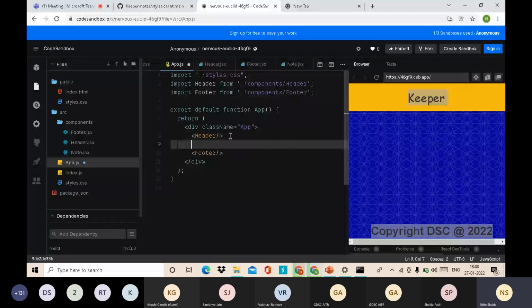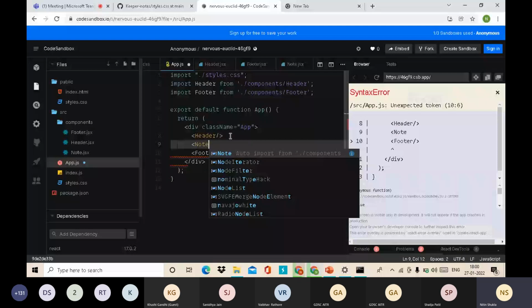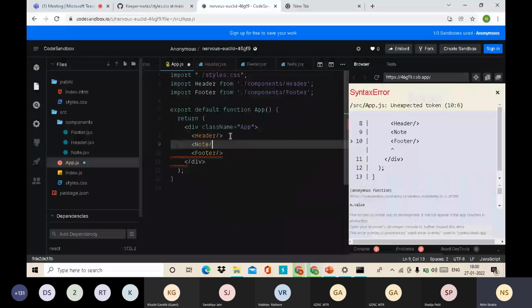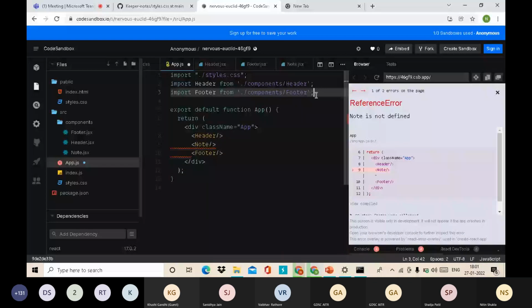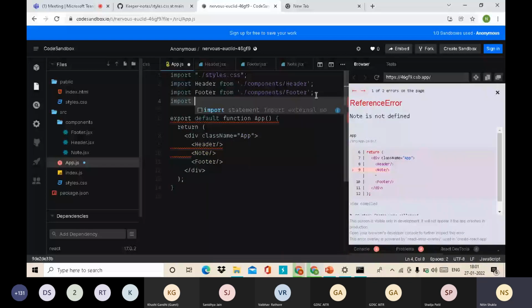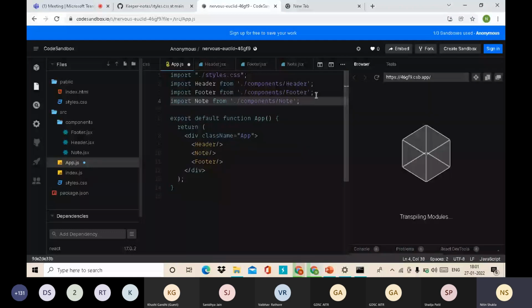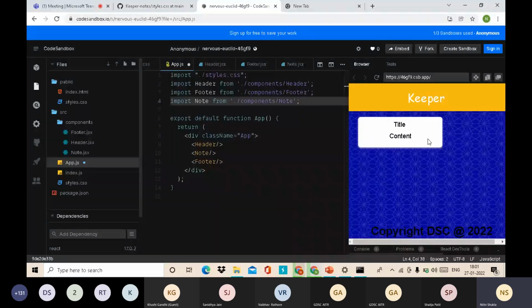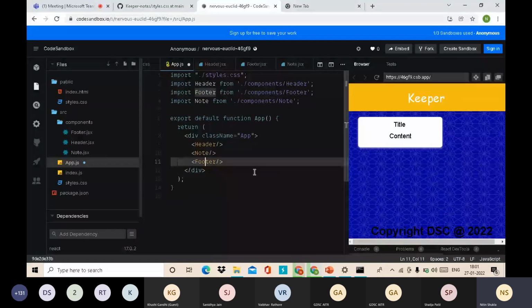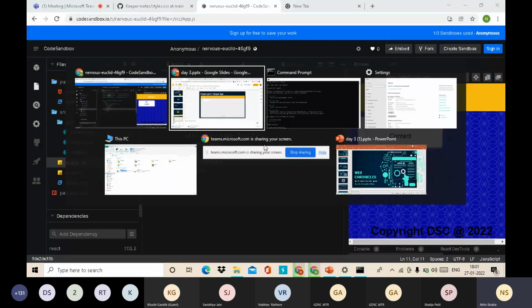Okay, so we need to pass the Note here, and we need to import this also, so from Note. In this way we have created the title and content thing. ओके, सो इस वे में हमने अभी तक कर लिया है, और अगर किसी का लैग हो गया है तो मतलब आई थिंक ट्राई कर सकते हैं, एंड वी विल टेक सम क्वेश्चन आंसर टिल देन। ओके